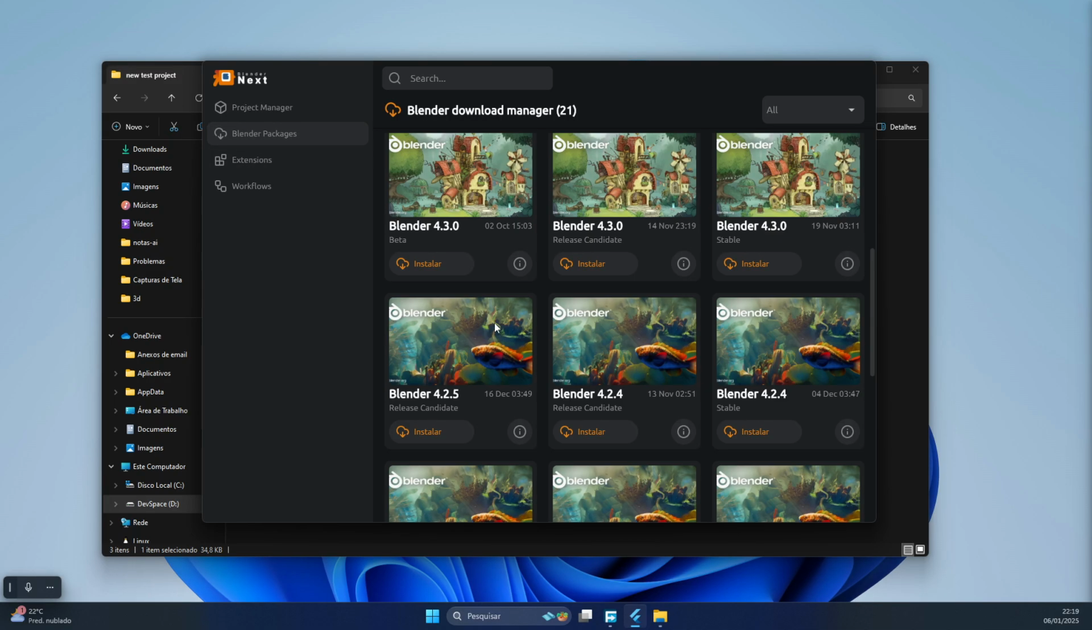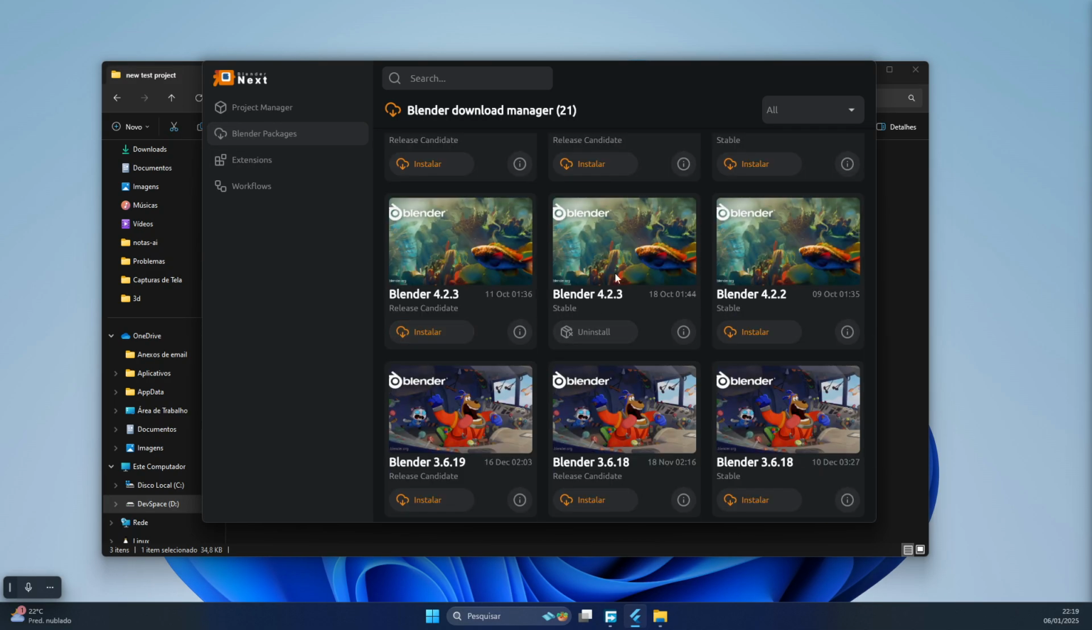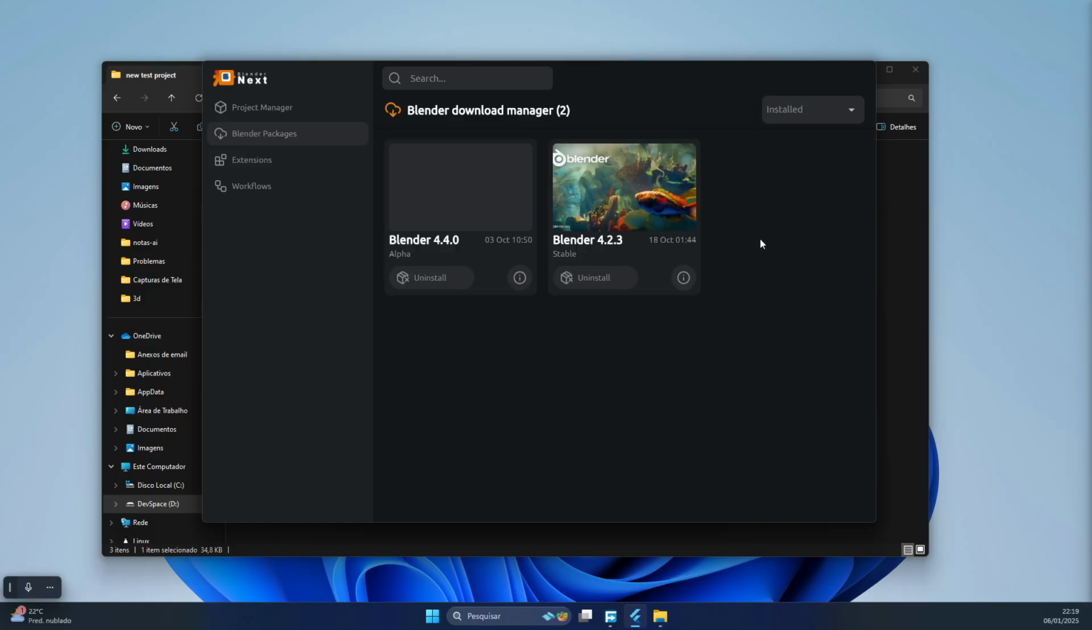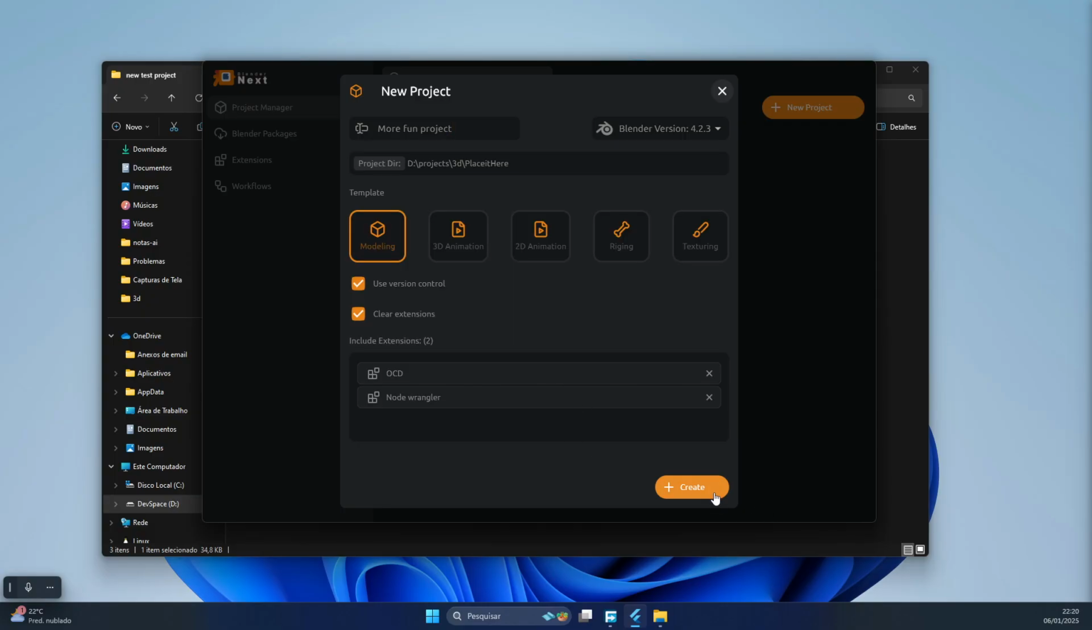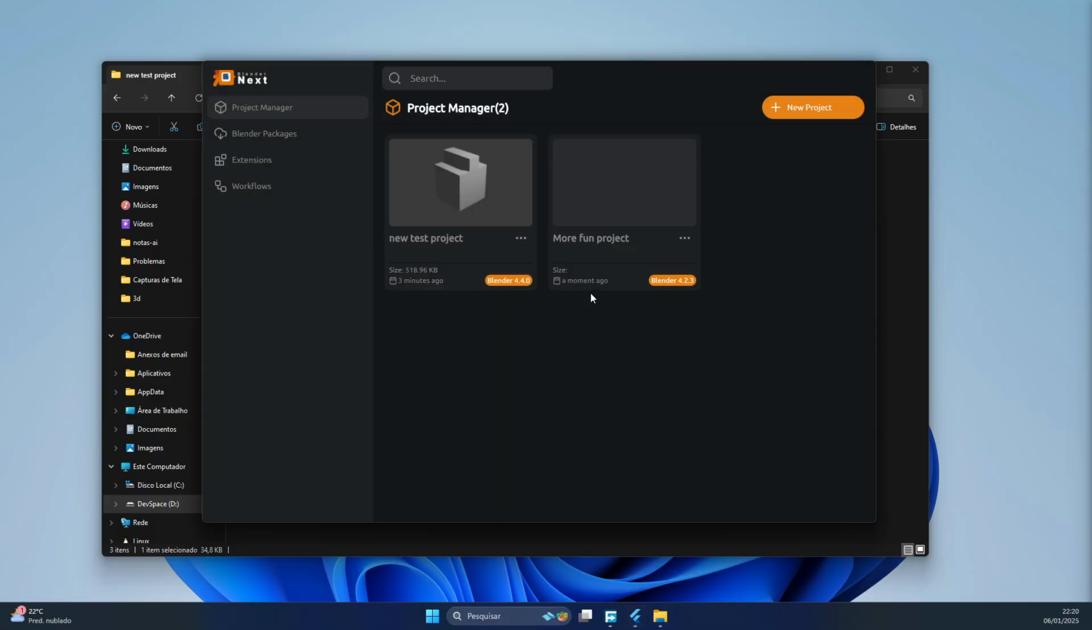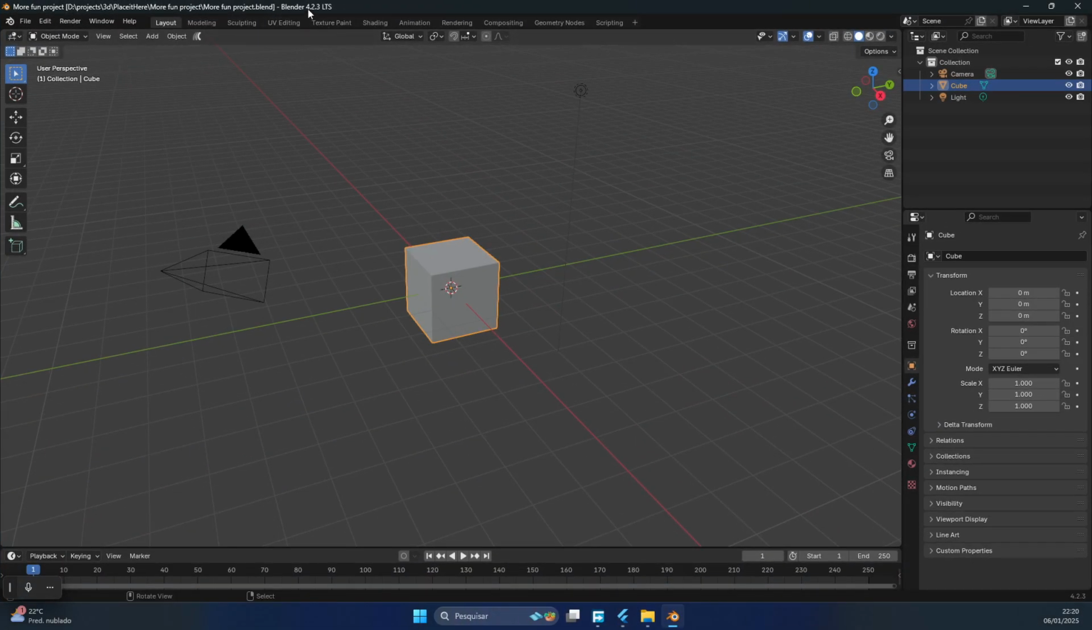And here we have the Blenders still installing, and we have the 4.2.3 that has also installed. So if we go to the project manager, we see the new Blender version. So I could create a new project, like a more fun project with that version, and select the template, just for convenience, and click on create. It will open the project. It opened the project on the side, and as you can see, I'm using the 4.2.3